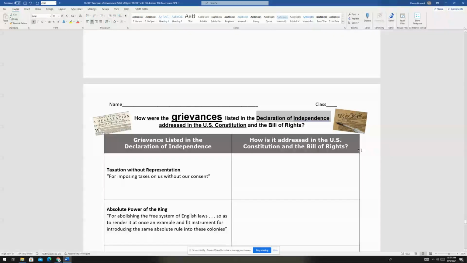If you broke up with someone, said, I can't stand how you chew really loud. I can't stand how you don't take a shower every day. I can't stand how you always have something in your teeth. I can't stand how you're always late. These are the reasons I'm breaking up with you. So then when you go to date someone else, you might ask them, you brush your teeth every day? Take a shower? Do you chew really loud? You would want to make sure the next person doesn't have these issues. So we're making sure our next government doesn't have these issues.